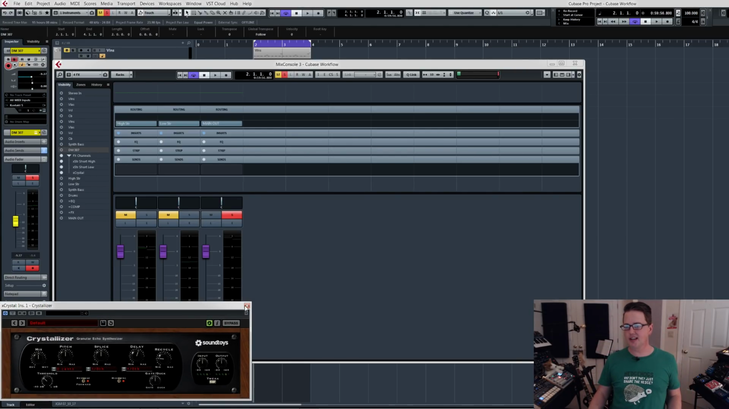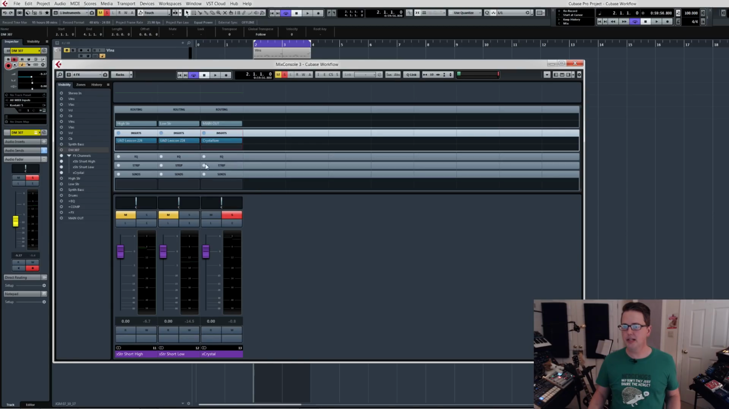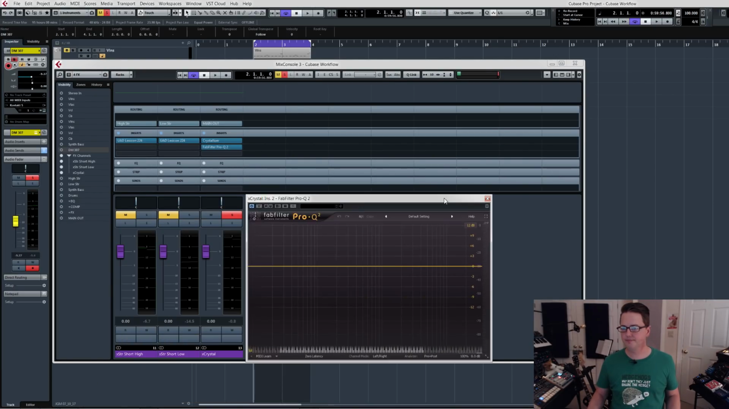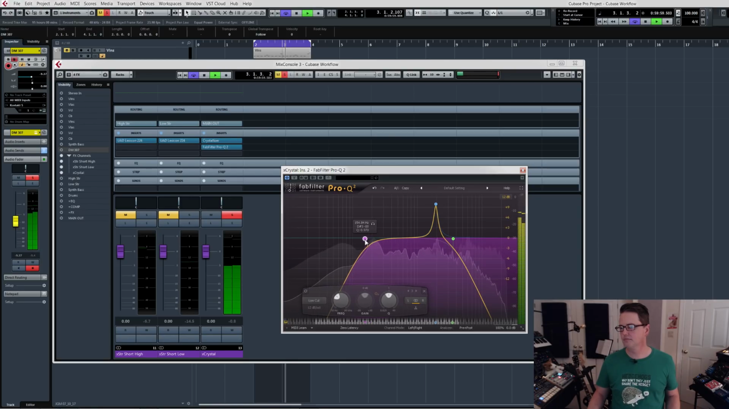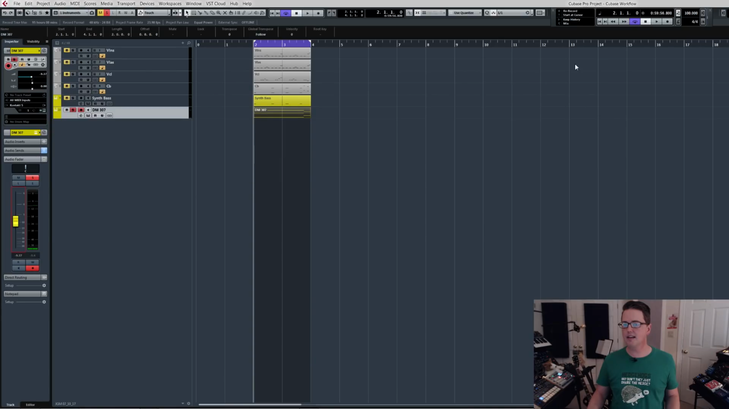And I'm just going to leave it at the default because that sounded kind of cool, and, you know, why not? But see, if I wanted to, I could put an insert here, like let's just say I wanted to do a Pro Q, and I basically just scooped out the top and the bottom, accentuated something, and now you've got a slightly different effect. Now if I had done that here